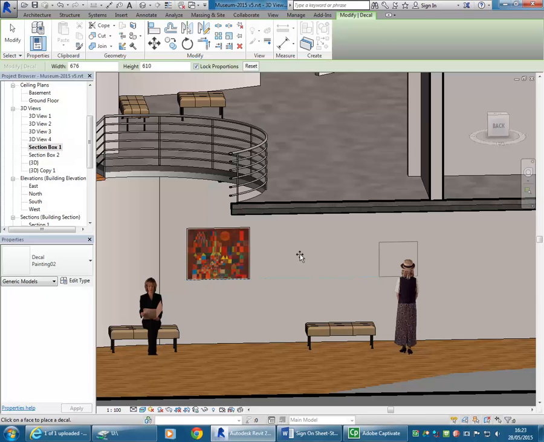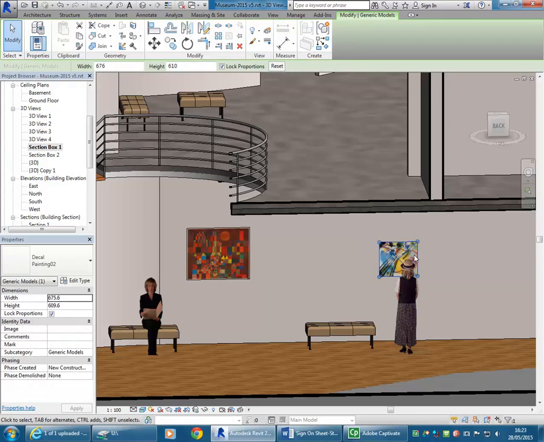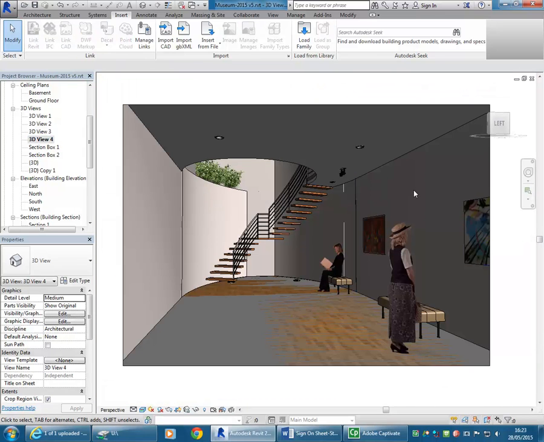So I can place it on the wall, and after it's been created I can adjust the size just by stretching. And there we go, so we can see that now in the view. So I'm going to go through materials in a second, because that's really important for rendering as well. But you can see there on the floor, my material's showing, but